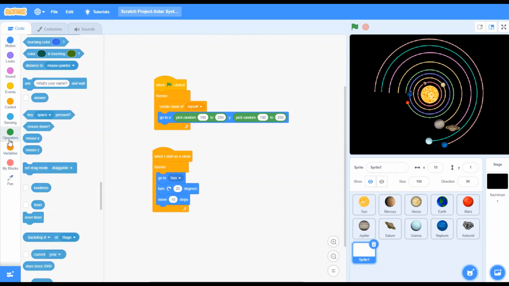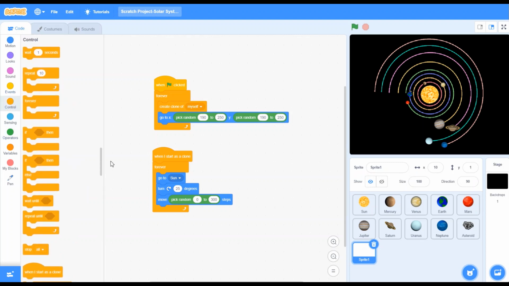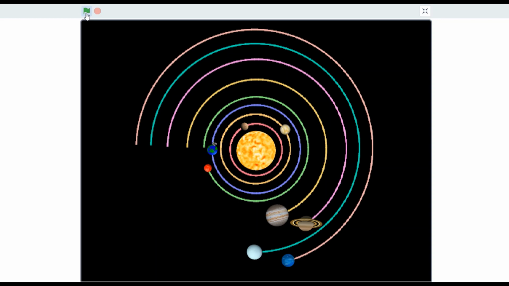I'll pick random from 0 to 300. Okay. Now friends, I will go here to control. I will pick wait 1 second. I'll change it to 0.1 second. Okay. Now let's maximize it and now let's see.